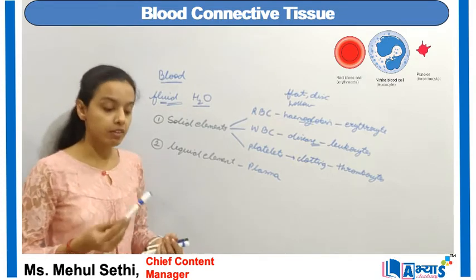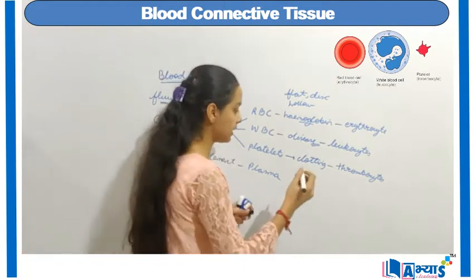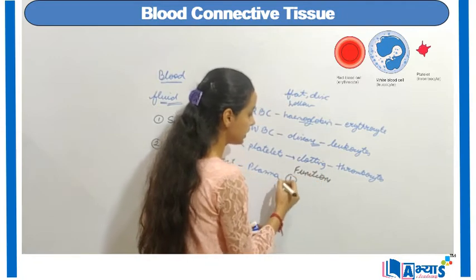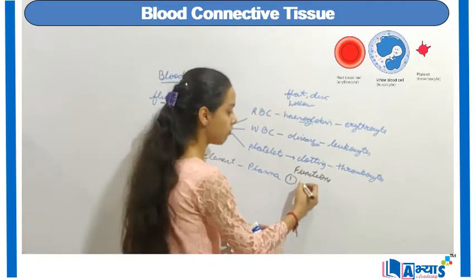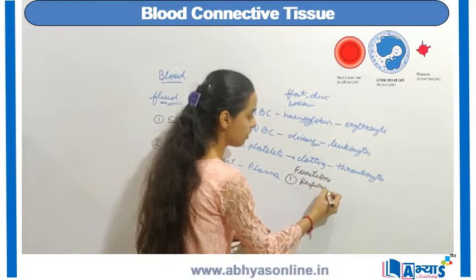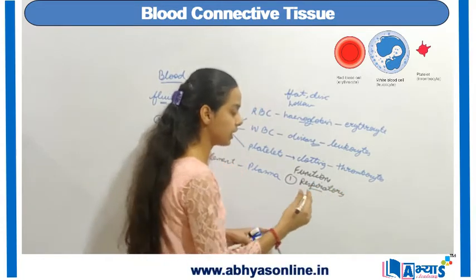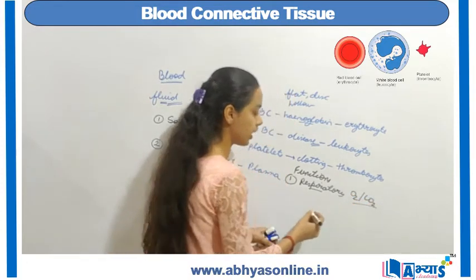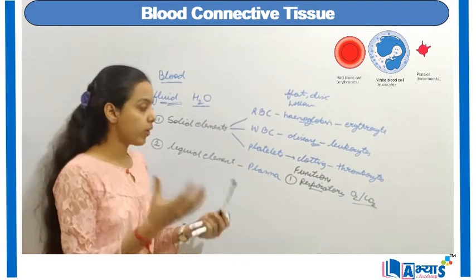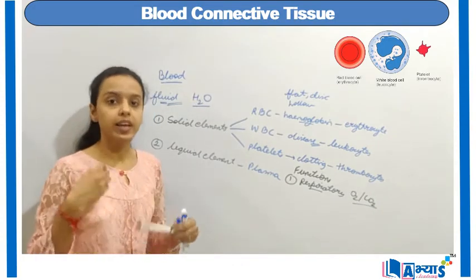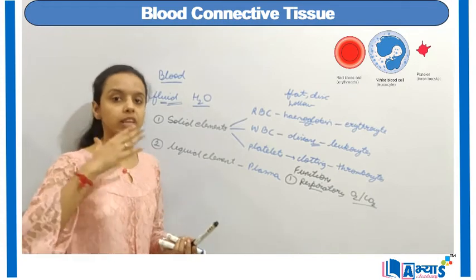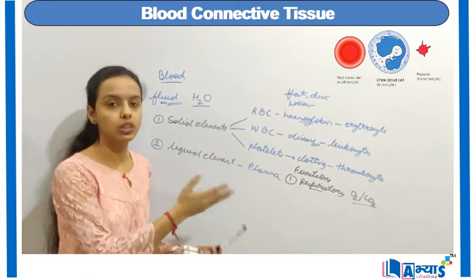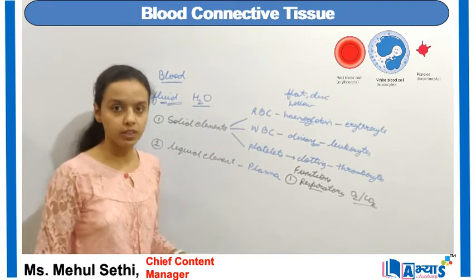Now we can discuss the main functions of the blood. So the first important function is the transportation of respiratory gases. As I have discussed, respiratory gases are mainly carbon dioxide and oxygen. So oxygen and carbon dioxide are transported with the help of the blood. When the hemoglobin combines with the oxygen, it forms oxyhemoglobin, and this transfers it to the cell and takes the carbon dioxide back from the cell and gives it to the lungs. This is the first important function of the blood.